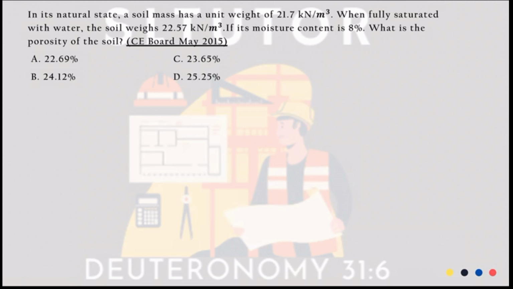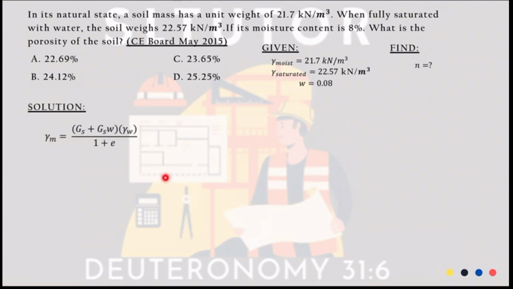So, given gamma moist, which is 21.7 kilonewtons per cubic meter, and then gamma sat 22.57 kilonewtons per cubic meter, and the moisture content, which is 8% or 0.08. Find N, which is the porosity of the soil. So solution,